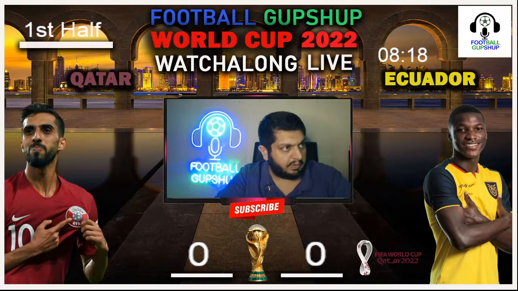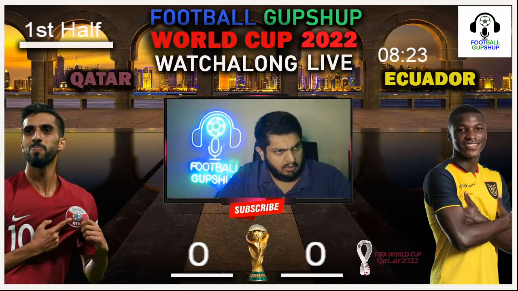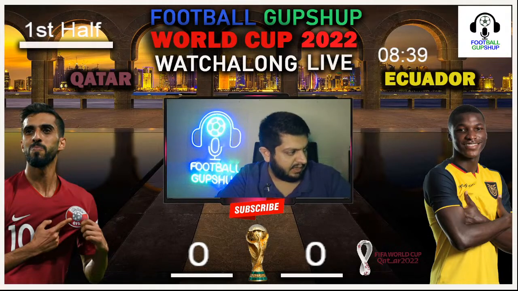So right now, Ecuador with the ball. The ball has been pushed forward into Caicedo. Cleared away by Qatar. Right now, Ecuador with the ball, pushing that ball into the left flank. Ball comes inside. Once again, Ecuador on the ball right now. This is going to be interesting. And right now, you can clearly see that Qatar are trying their very best to stop the likes of Ecuador over there. They are trying to defend and they're doing that man marking quite brilliantly. But you can clearly see that Ecuador are the ones having more of the ball, whereas Qatar are just holding on to their position.